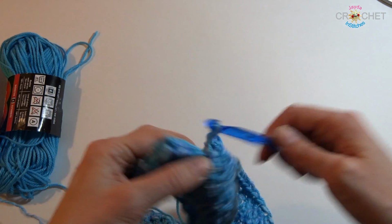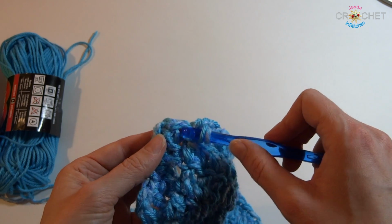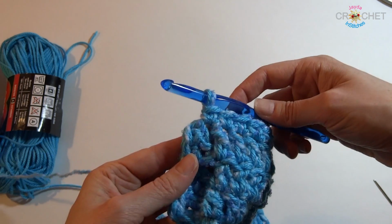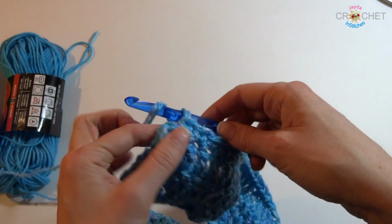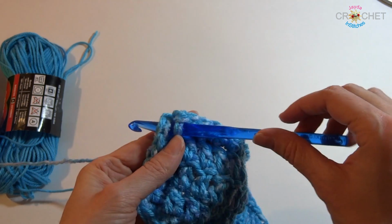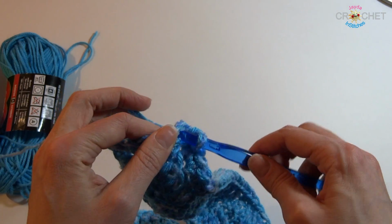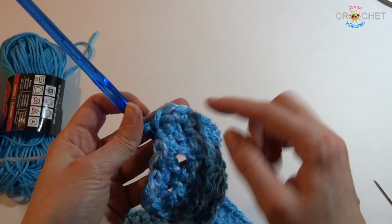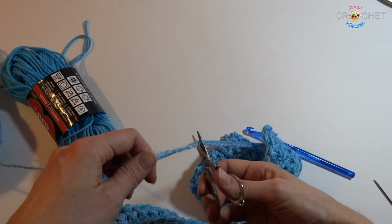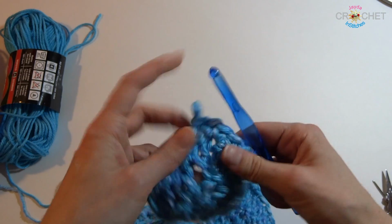I am just coming up on the end of my border row, and I'm going to put a single crochet into that last stitch that appears across the top of my border. And you see that there was our chain and our turn, and we're going to chain 1, and we're going to put our hooks into that first side single crochet that goes down the side of our scarf, and we're just going to slip stitch to close. So that's just basically going to bend that back into the corner and it'll disappear. So that's it. Now we just snip off our work, fasten off by pulling the ends through that last little chain,